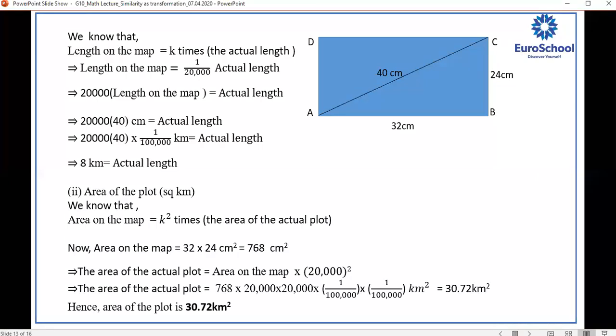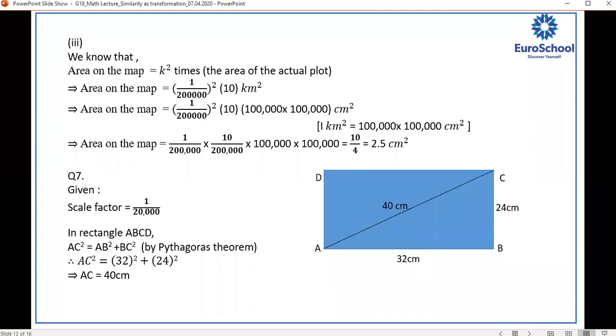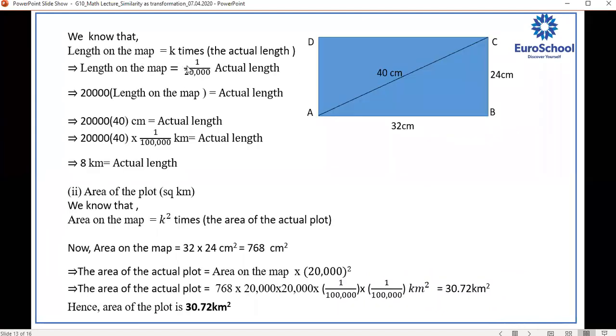Anisha? No. Okay. Grishma? Ma'am, why did we calculate the actual length in the first part? Because it was asked in the question: diagonal distance of the plot in kilometers. See, first we calculated the diagonal length in centimeters. Then we use this formula to convert it into kilometers, because the question was asked in kilometers. We can't directly just write 40 centimeter is equal to 40 upon 1 lakh kilometers. We can't do it that way because here we are using a scale factor. Right?